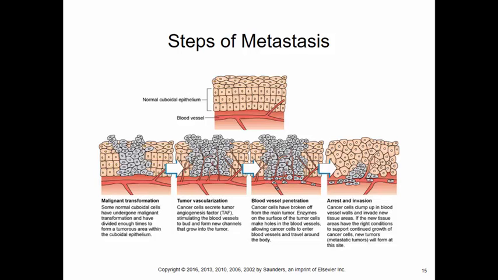Table 21-2 in IGGI 8th edition on page 363 is called Common Sites of Metastasis for Different Types of Cancers. That's an important one. So not only do we have bloodborne metastasis, we also have lymphatic spread. And this is going to be a similar process, but this is in sites that are more vulnerable to lymphatic spread. Another figure I'd like you to take a look at is figure 21-5, the steps of metastasis in IGGI 8th edition, page 363. And that's this figure that we have here.